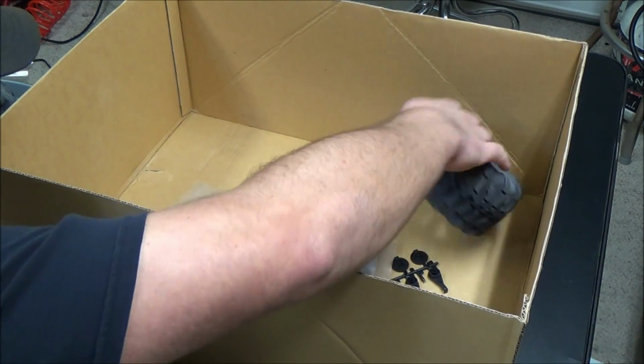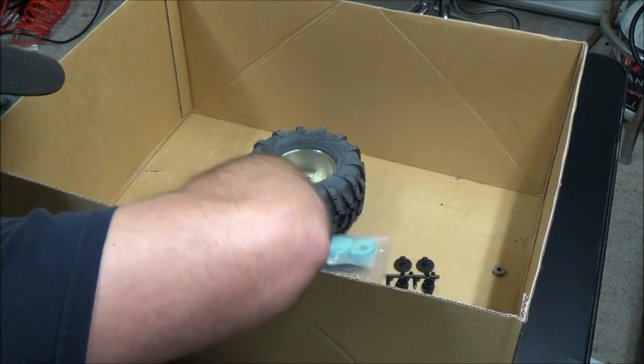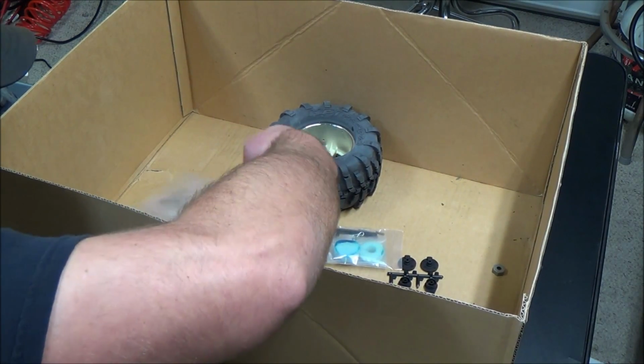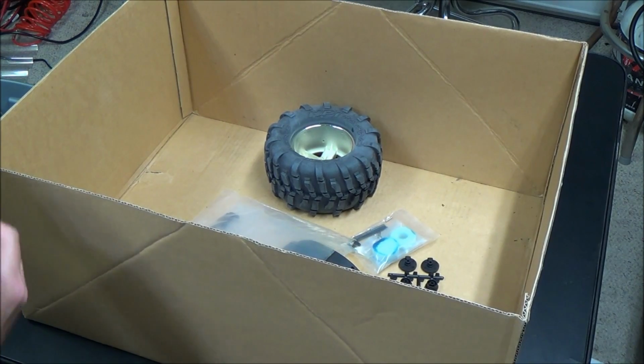Where's the nut for that tire? Oh, there's the pin. I don't know where the nut is for this tire. I'm sure I can find one. I have other of these trucks. Anyway, not the best unveiling video here, but